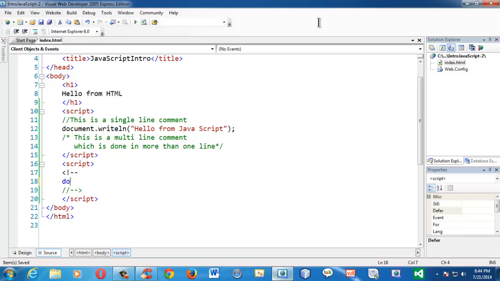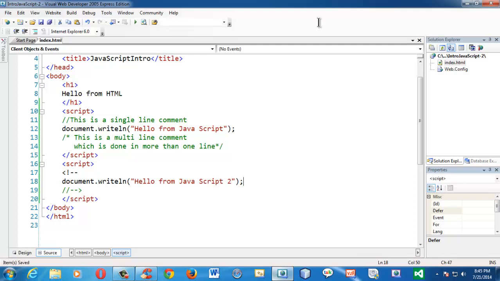Let's have the same old document.writeln statement here. Again, let's have Hello from JavaScript, a simple statement here.